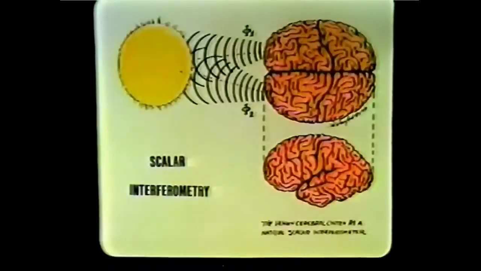I think, without dwelling on it, that you can see the two cerebral hemispheres make a scalar interferometer, and if those patterns are correct, you can project or create energy at a distance, like inside a metal object, and you can get metal bending that way. Now, the kind of metal bending I'm talking about is not the amazing Randi bending something on his belt buckle when you're not looking at him.